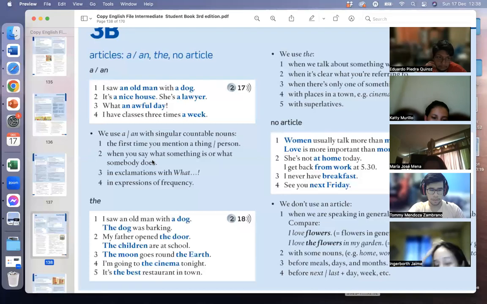We use a and an with singular countable nouns. One, the first time you mention a thing or person. Two, when you say what something is or what somebody does. Three, in exclamations with what. Four, in expressions of frequency. Okay, very good. So the key thing to remember here is that the articles a or an we're going to use with